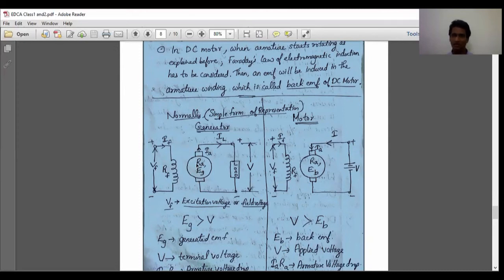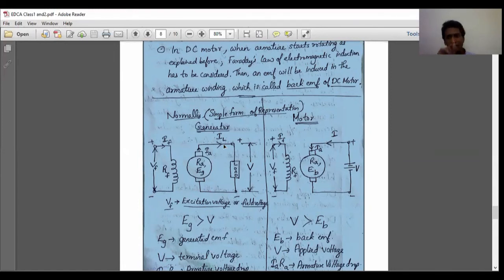And armature also has windings. That winding also has a resistance. It is denoted by Ra, and the EMF induced in the armature is Eg. And whenever there is no load connected to my generator, this is open circuit. If there was no load, it would be open circuited. If a circuit is open circuited, then there will not be any current flowing through that circuit. For a current to flow, the circuit should be closed. For example, consider a case of a socket.